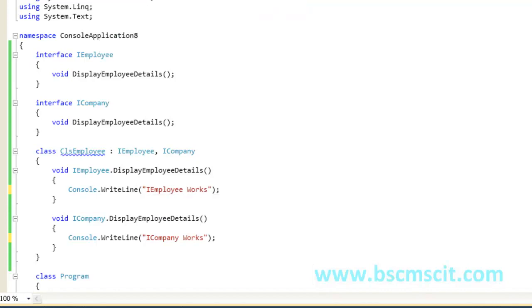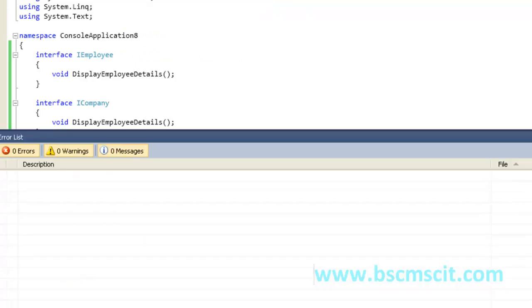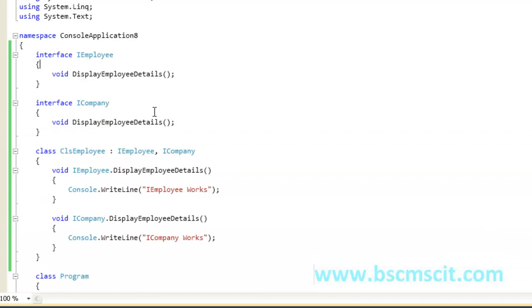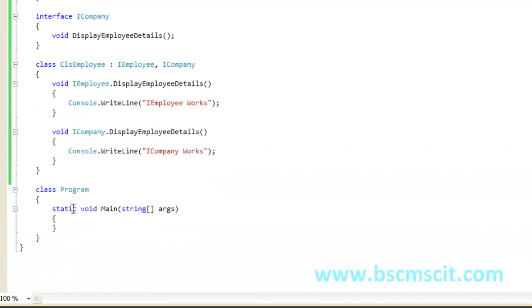Let's build this just to check everything is fine. Yes, the build succeeded, no errors. Now let's create the object in our main program.